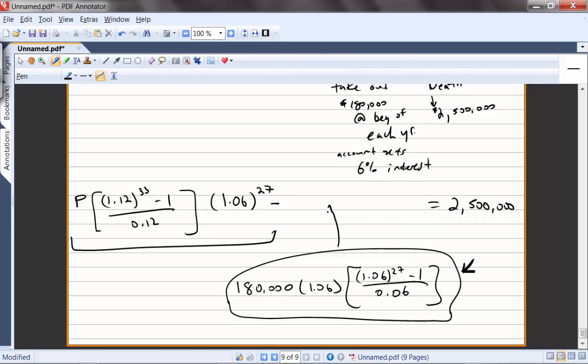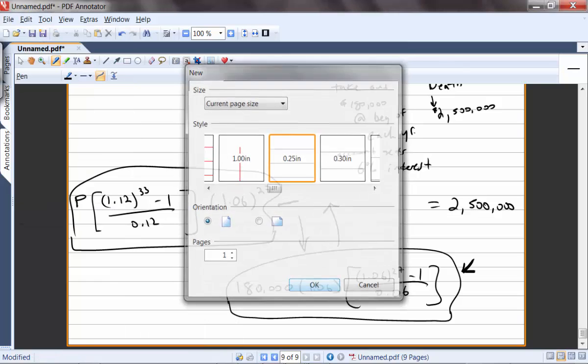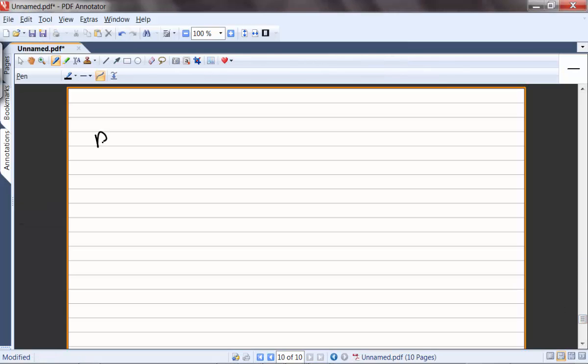Put that right here. So all of this minus all of this needs to be equal to 2.5 million. Solve for P. Remember, P was the initial amount that we're putting in for each of those 33 years at the beginning while we're working. And solve this for P. So we'll do that. You'll quickly see that P equals